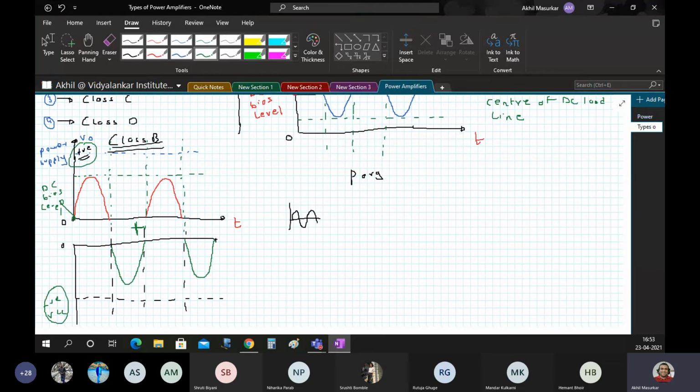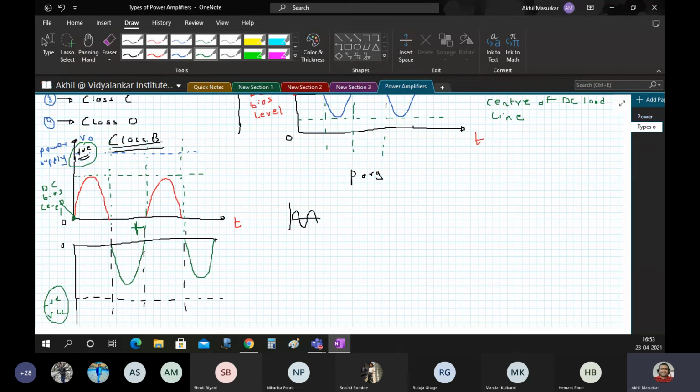The class AB amplifier has a bias level which is between 0 and the level of class A. So an amplifier may be biased at a DC level above the 0 base current level of class B and above 1/2 the supply voltage of class A. This bias condition is called a class AB kind of amplifier.